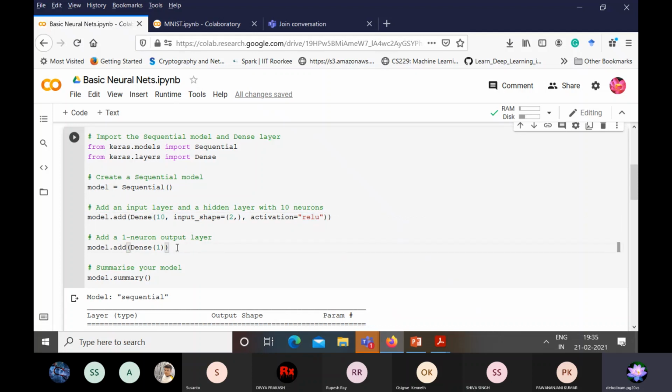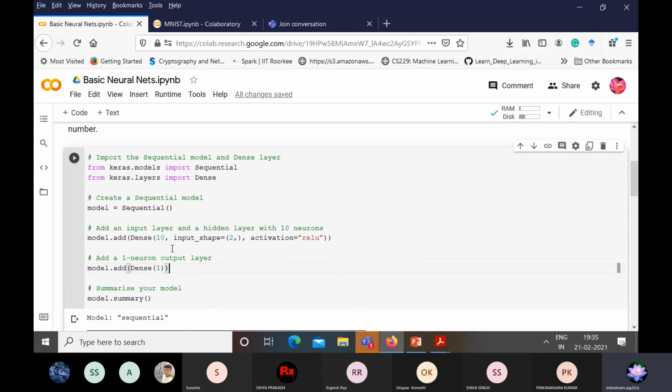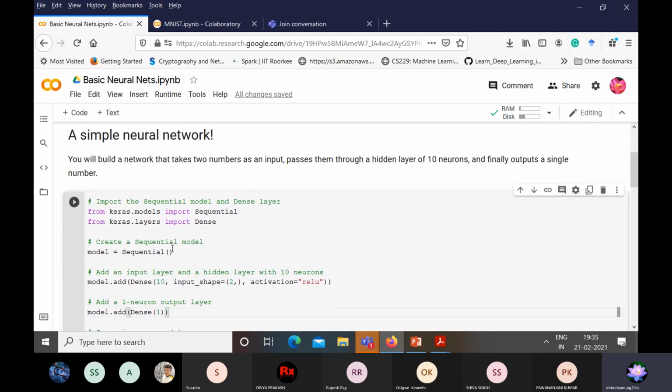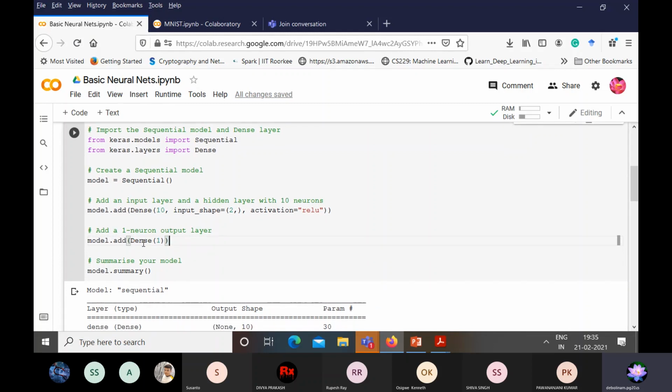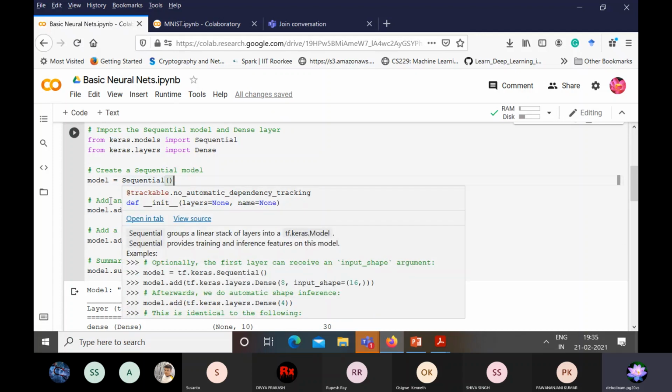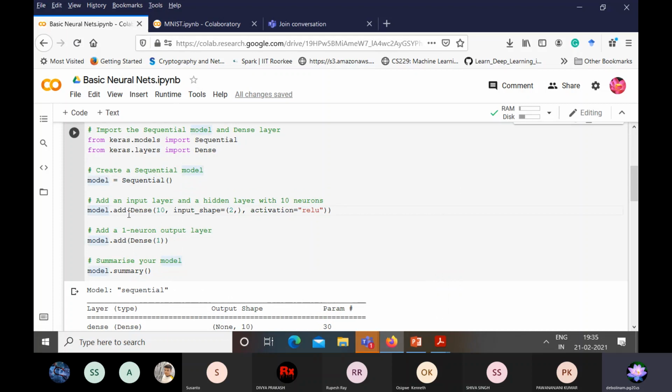And again, we add one more layer on top of it. Why do we do that? Because it is the output layer. We have a single neuron as the output, so we will add model.add(Dense(1)). When we are creating a sequential model, it does not have any layers. But when we are doing model.add, the first layer that we have comes along with the input layer defined within the Dense layer. And then on top of that, we also have the output layer.